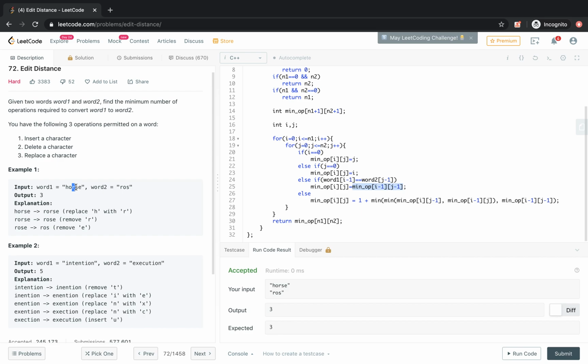So whatever the minimum is. If we want to insert at some element, then the value will consider this. If you want to delete something, we'll consider this. If you want to replace something, then this one plus one, and after filling the table we'll return the last value of the matrix. I hope you enjoy the video. Thank you so much.